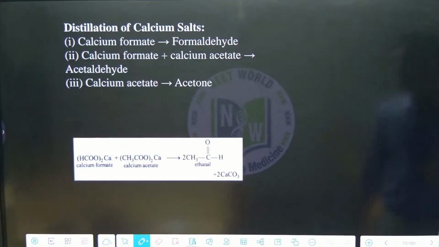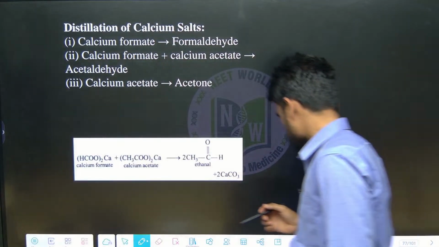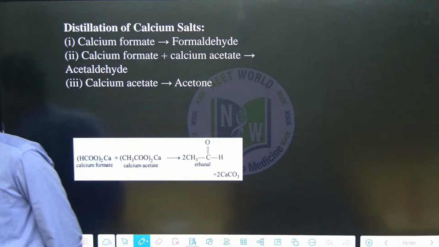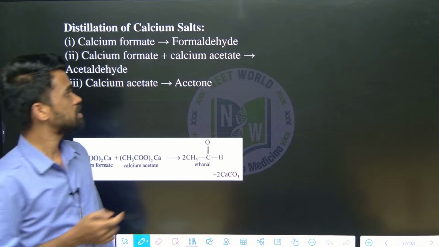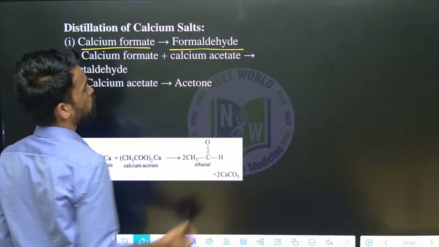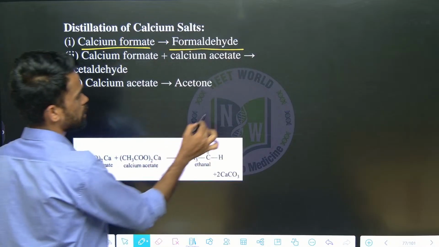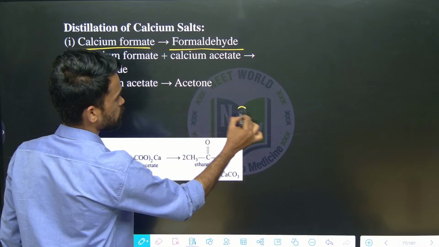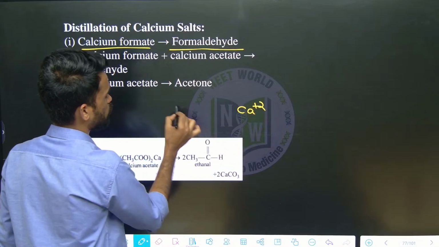So the next topic is distillation of calcium salts. What does distillation of calcium salts mean here? Just see here, calcium formate, if you take it, will give you formaldehyde. So what is happening here? Calcium formate. See, calcium will have a +2 charge and our formic acid,